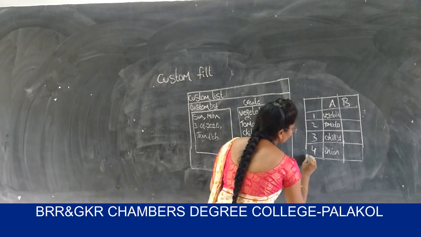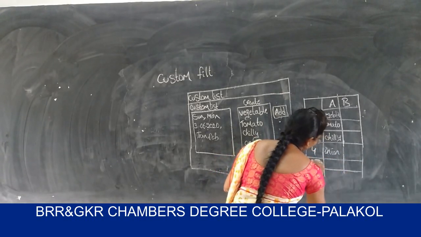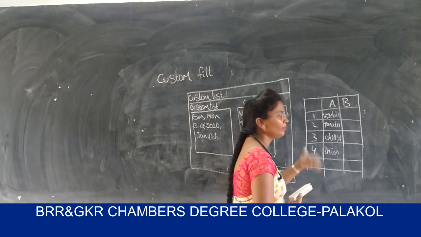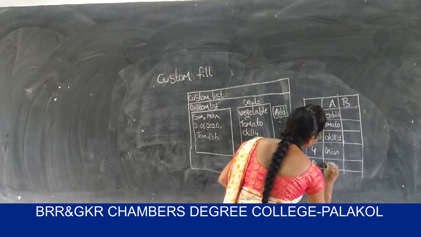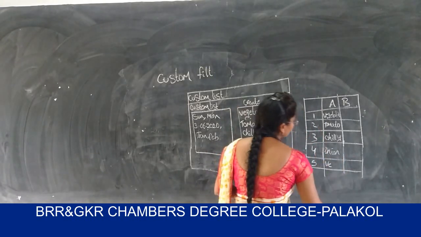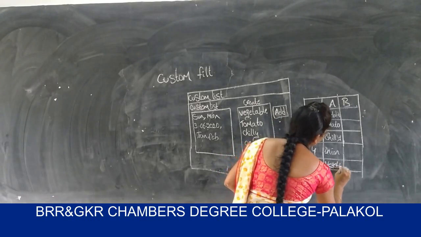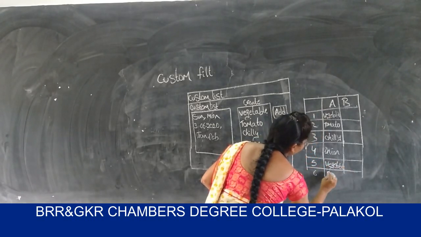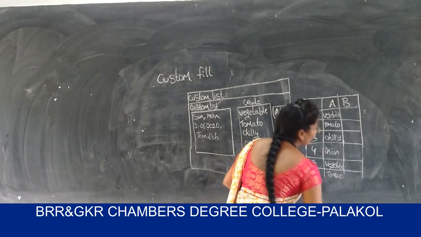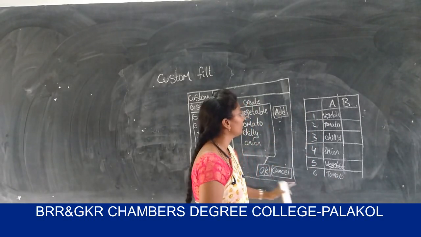If you drag towards the downward direction, then the next series will be filled. The series will be repeated as many times as you are dragging. That means up to here the series is completed. The series is repeated like vegetable and next is tomato. If you drag towards the 100th cell, the same data will be repeated for the 100th cell also.